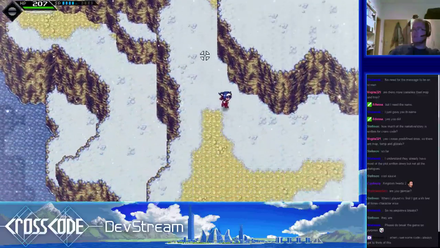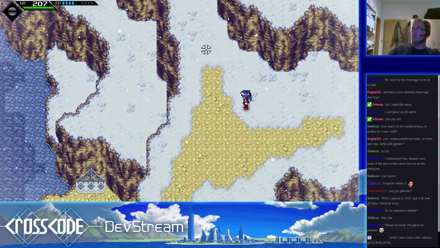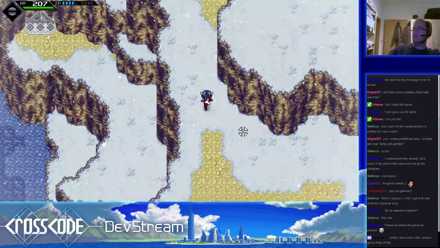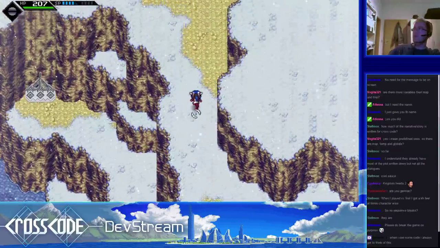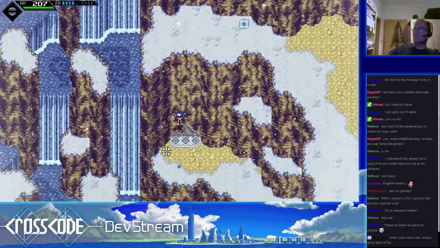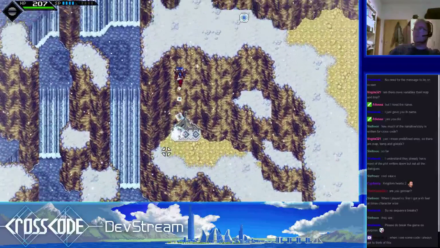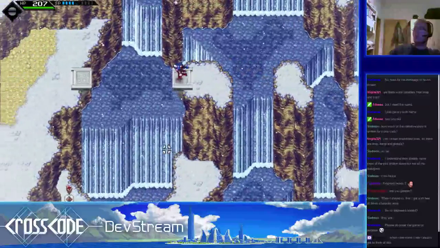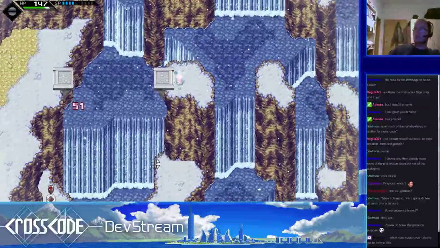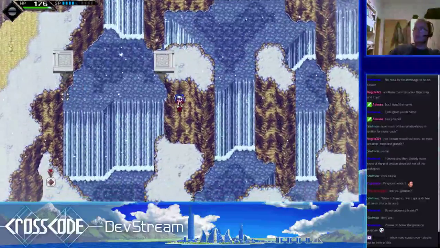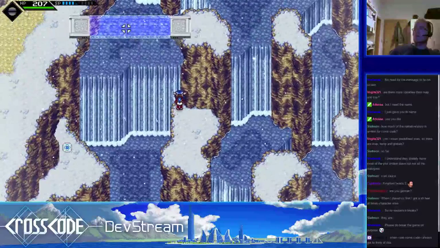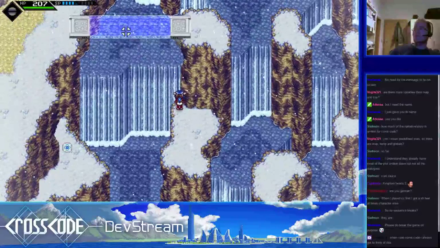Now I'm just going to demonstrate how this puzzle is supposed to work. Imagine you get to this point here, just entering from the east. You go up here, you find a switch. You activate this, and now these jump handles are activated, so from now on you can jump up here. And now you get to this bridge. It is not activated, I cannot simply jump over it. But down here is the switch, you can jump here and activate it. And then you can see how the bridge is activated, and then it will just disappear again.